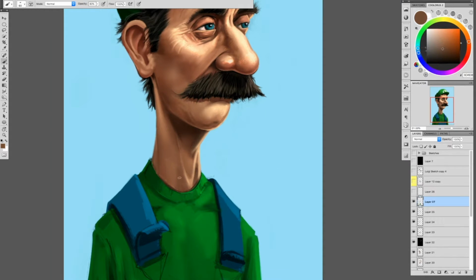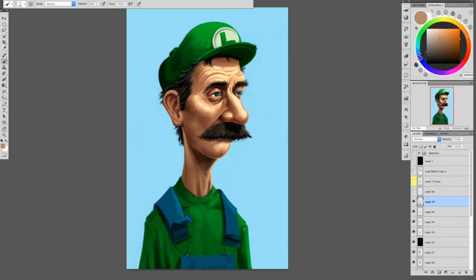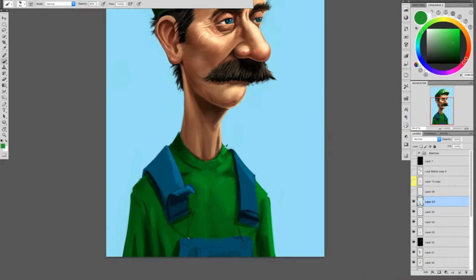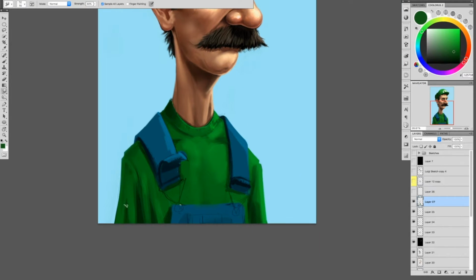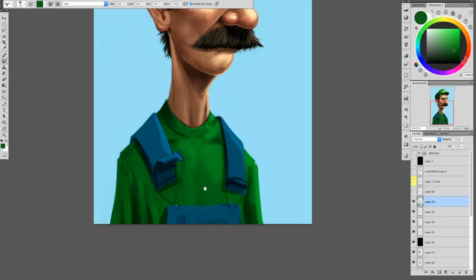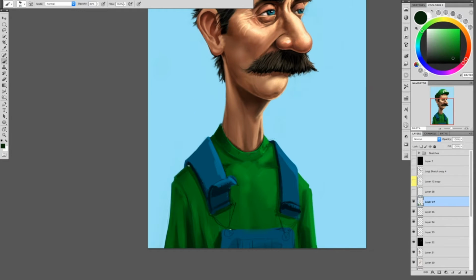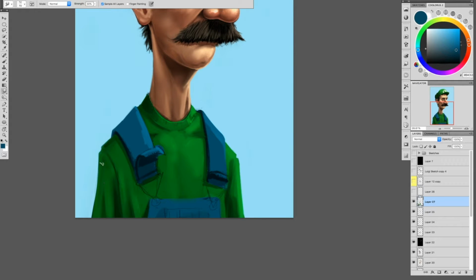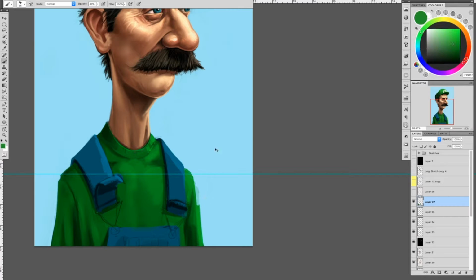I think an important thing is to know when to push certain elements and when not to push other elements. For this, because of the long neck and the skinny stature of Luigi, I thought it was a better use of the character design to make that neck a little skinnier, so the esophagus part of it is more defined. Because when you look at older men that are on the skinnier side, their necks are more like, you can see